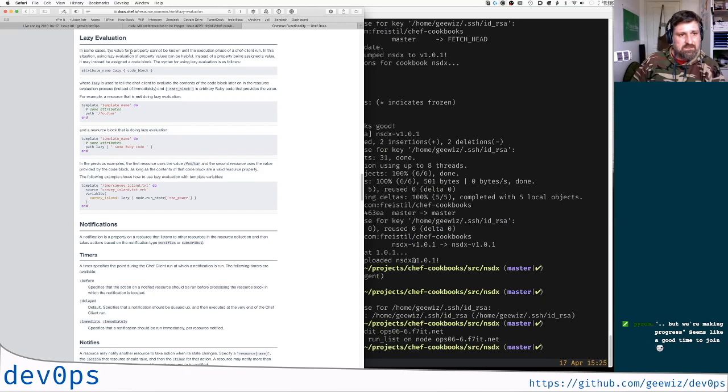In some cases, the value for a property cannot be known until the execution phase of a Chef client run. In this situation, using lazy evaluation of property values can be helpful. Instead of a property being assigned a value, it may instead be assigned a code block. The syntax is as follows: attribute lazy and then a code block, where lazy is used to tell the Chef client to evaluate the contents of the code block later on in